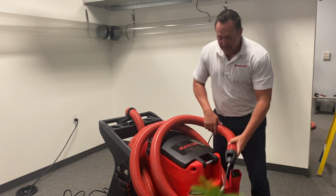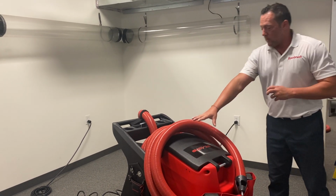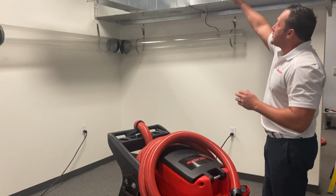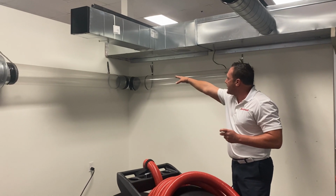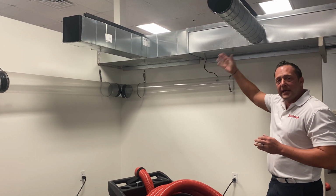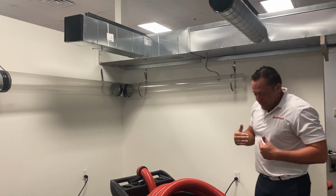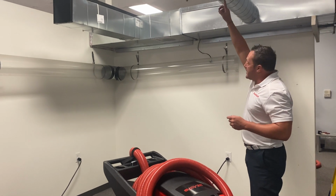Now, for the process part of it. Whenever I come in with a brush and vacuum system, I'm going to start again from the furthest register from the air handler. Let's say that our air handler is at the other end there. I'll start from the furthest register from the air handler and I'll work my way in as I go. Now, the machine rotates bi-directional, so to the left and to the right. So if I come in here